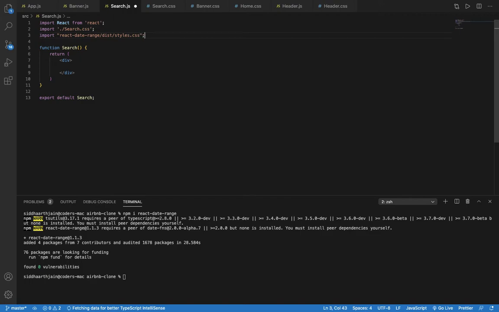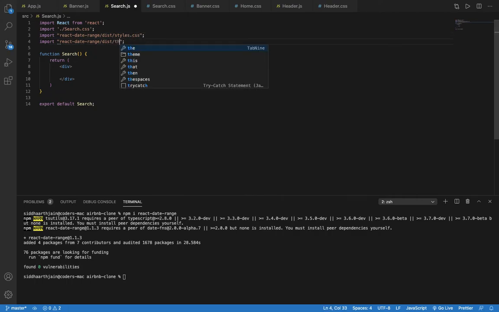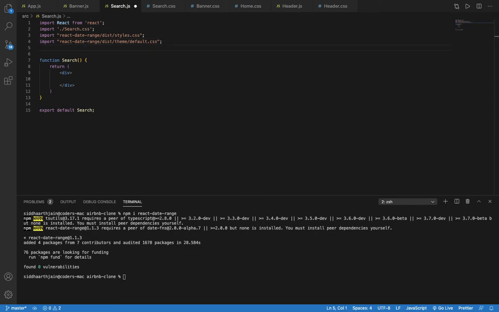Then I'm going to make a duplicate of it, and inside this there is a theme folder, and inside the theme folder there is default.css. Then I am going to import the DateRangePicker